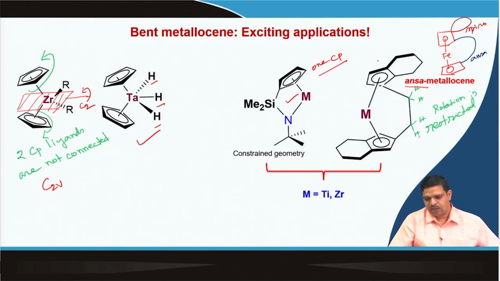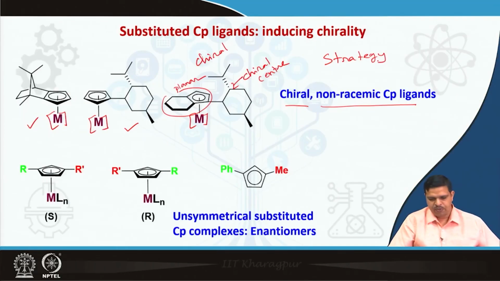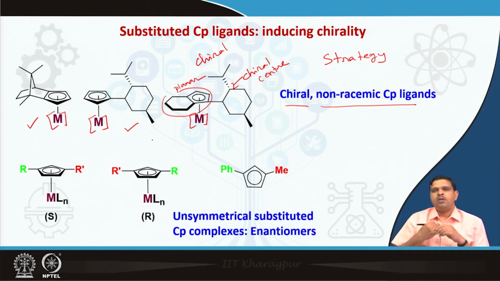We will also see other kinds of fused CP ligands like fluorenyls, and in this case these CP ligands are further functionalized to make chiral ligands. So, here all are chiral and non-racemic CP ligands, which will be important in future classes to understand how we can make these metallocenes chiral